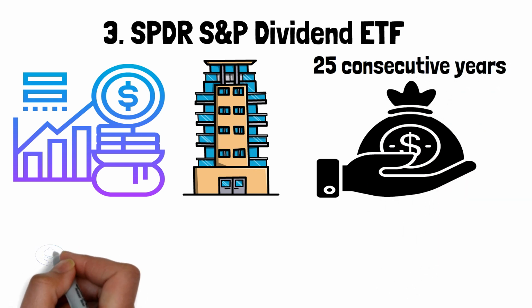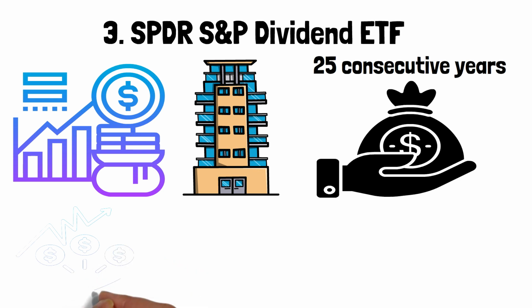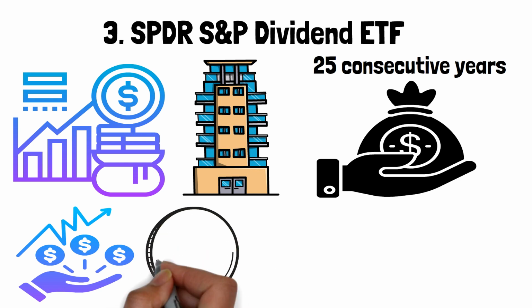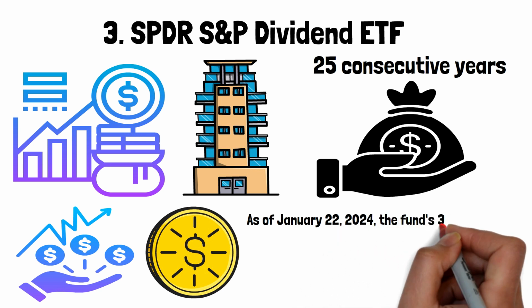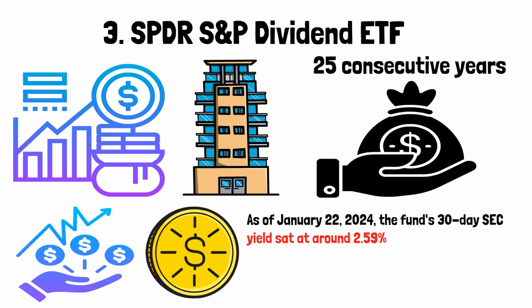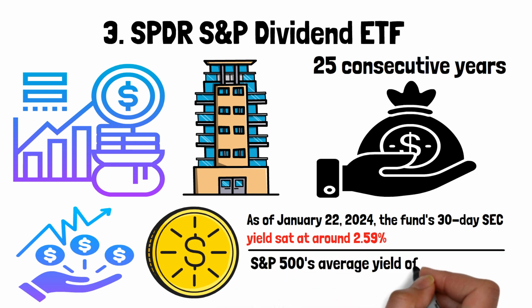By following this index, SDY offers exposure to a basket of dividend-paying stocks with a proven track record of dividend growth. One of the key attractions of it is its attractive dividend yield. As of January 22, 2024, the fund's 30-day SEC yield sat around 2.59%, significantly exceeding the S&P 500's average yield of roughly 1.46%. This translates to potentially higher income generation for investors focused on building a steady stream of income